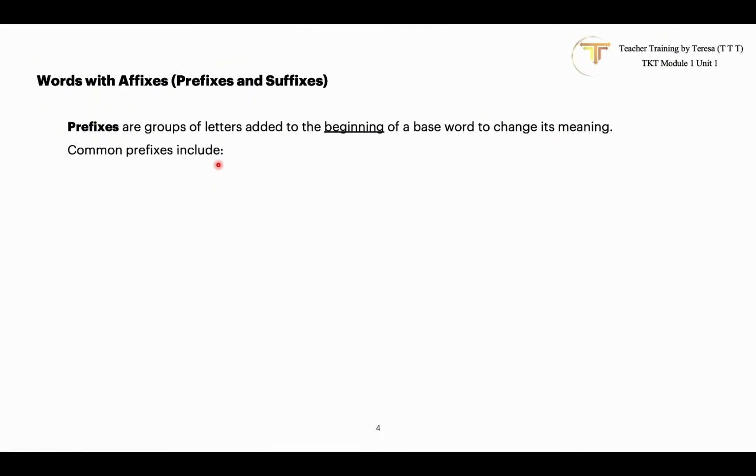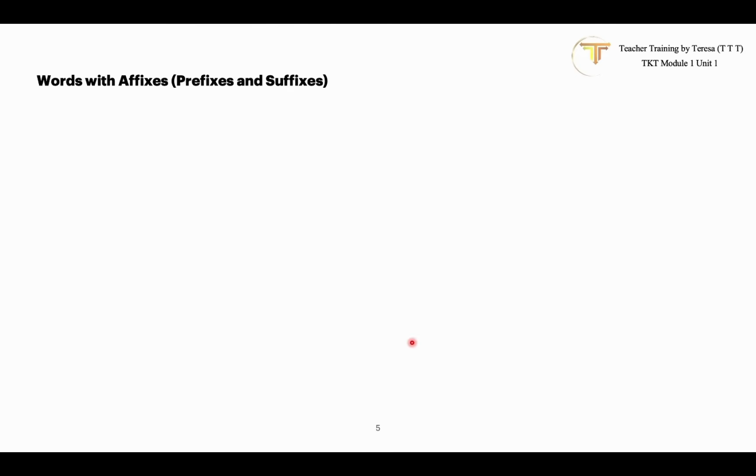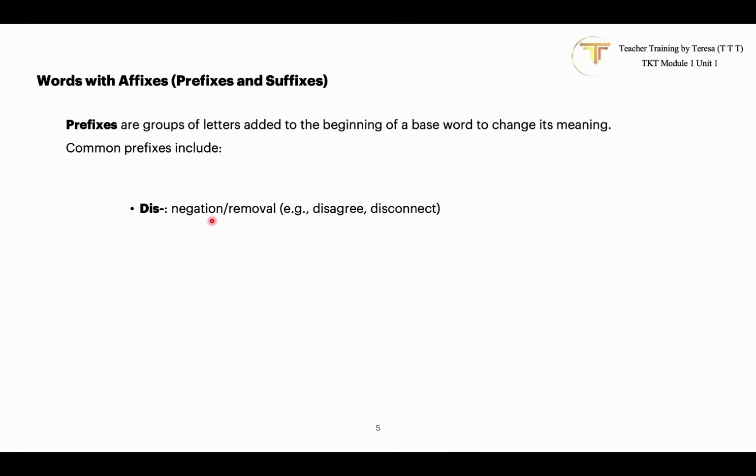Common prefixes include pre, before: predict, preschool; sub, under, beneath: submarine, submerge; anti, against: antivirus, antibiotic; un, negation: undo, unhappy; re, repetition, restoration: reunite, reconsider; dis, negation, removal: disagree, disconnect;